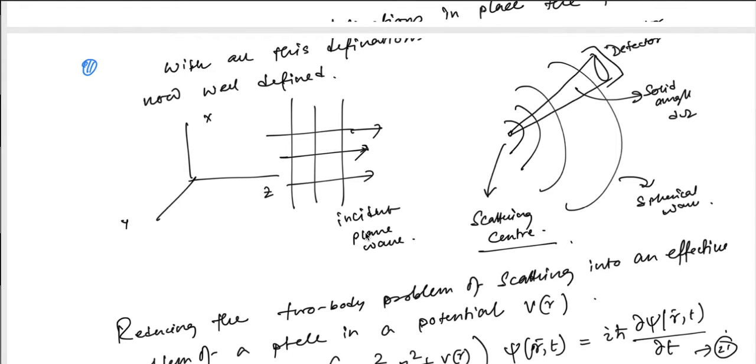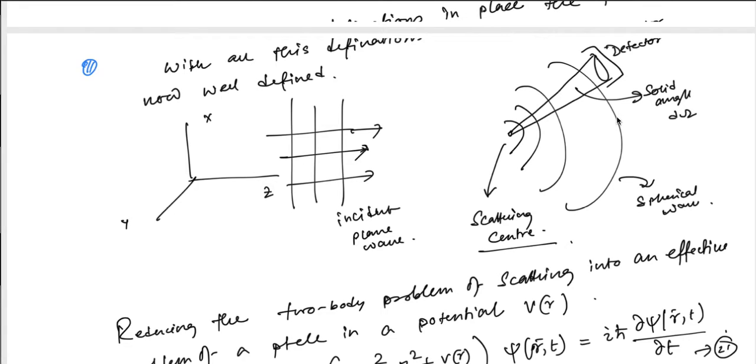So redefining the problem again, it's an effectively two body problem which is reduced down to a one particle problem, and that is basically a beam of incident particles with energy E coming from the left side towards the right side. In this axis system I call it x, y and z direction. So the beam is moving in the z direction, a uniform beam, and it will hit a scatterer and then it will go in some direction.